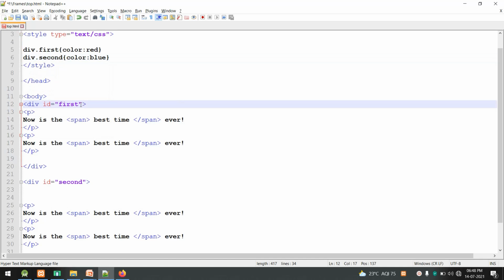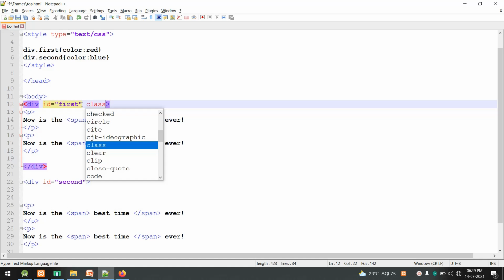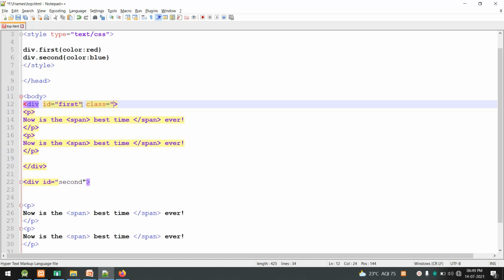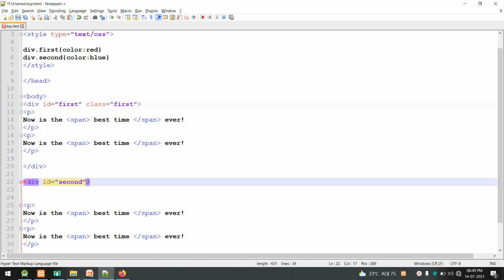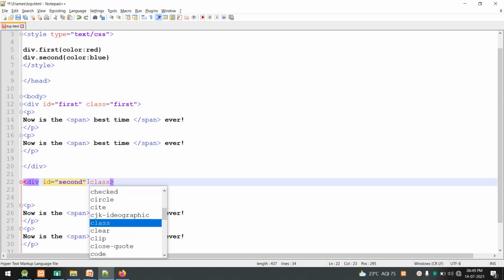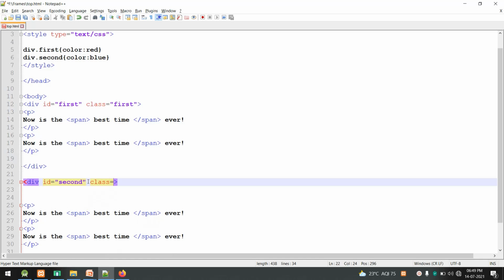Then here, if I am using a class selector, I have to use a class here, class is equal to first for this one, and for the second tag the class is equal to second.